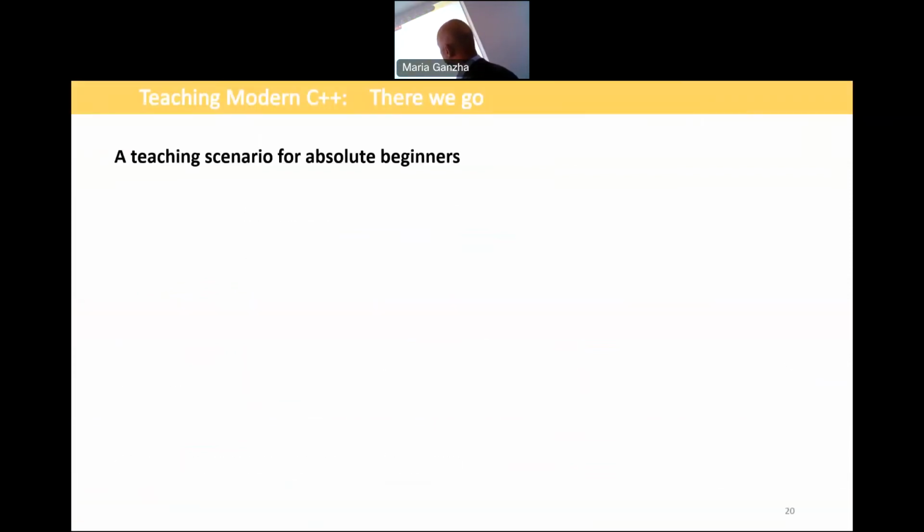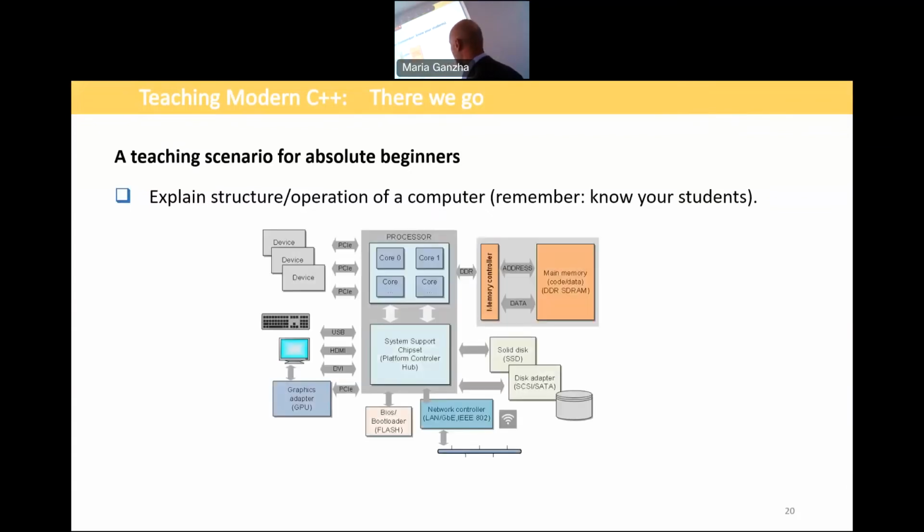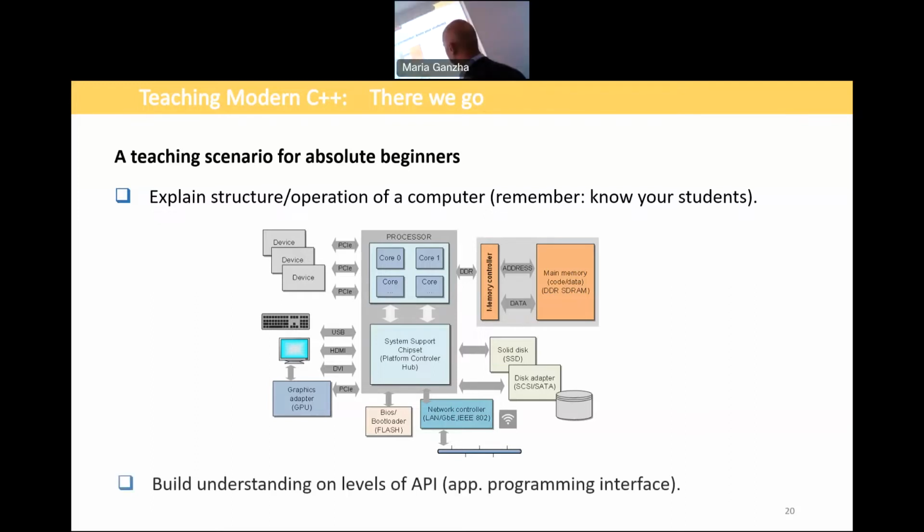Absolute beginners. So what do we do with absolute beginners? Structure and operation of a computer. So we don't start with the software. I can say that a good software engineer must understand, at least to some level, how a machine is operating. So if we have beginners and a little bit of time, just start from this. They will gain more later if they understand what memory is, how operating memory is different from disk memory, what cores in the processor are, and things like this.